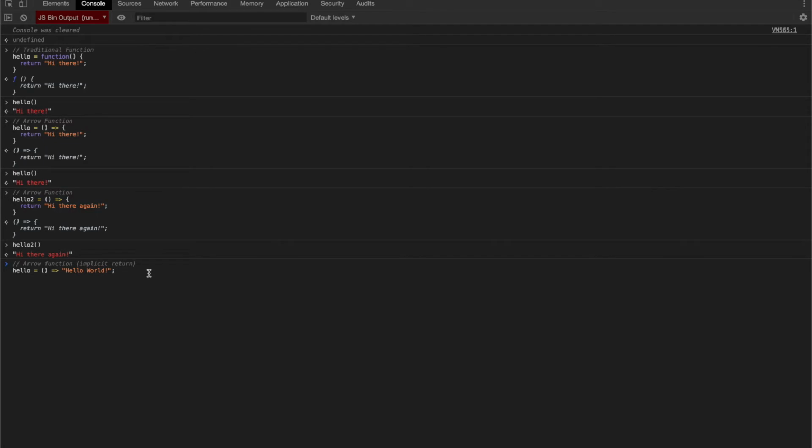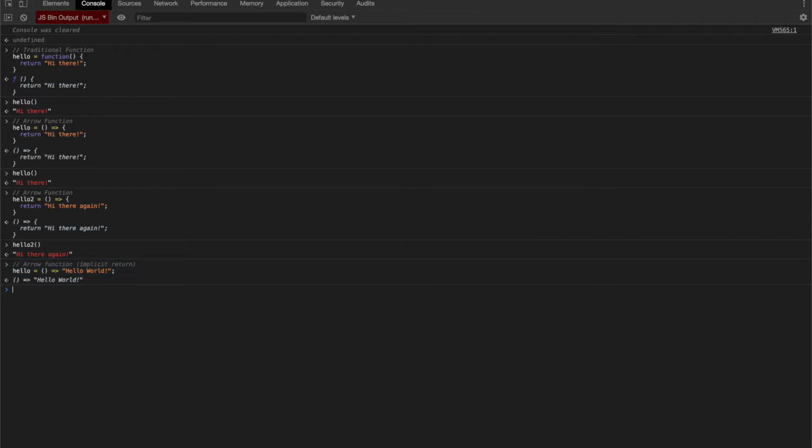We can do this only if there is one statement. If an arrow function has only one statement, we can remove the return. And that is because the arrow function syntax implicitly states this return. So you can see here we've changed it from about 3 lines down to 1 here for